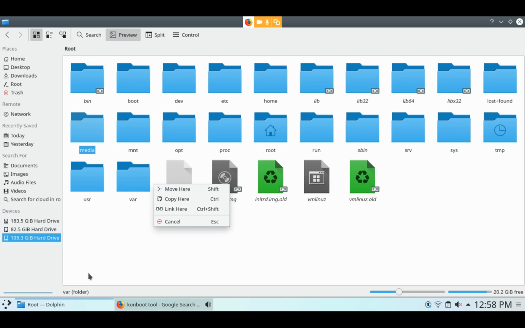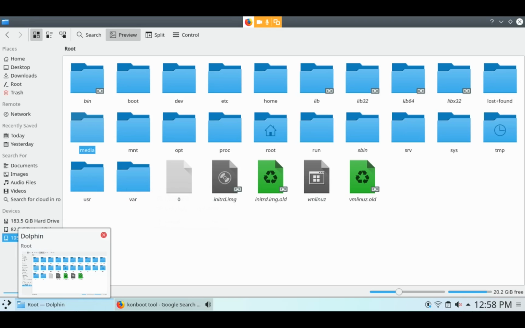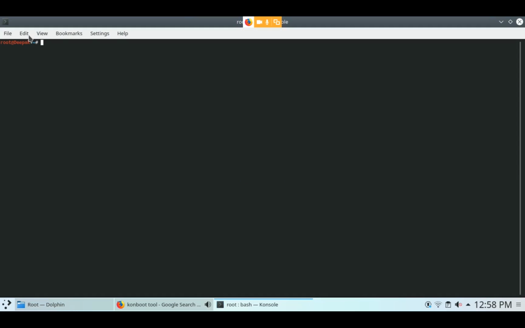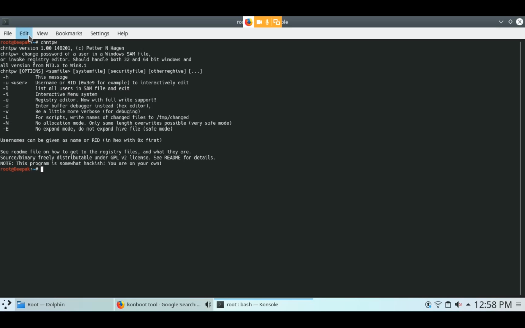This is done through the chntpw command, but chntpw does not work in my system, so you have to use this command on your PC.